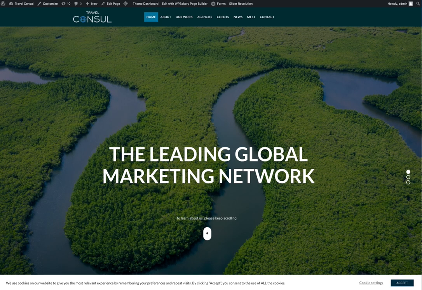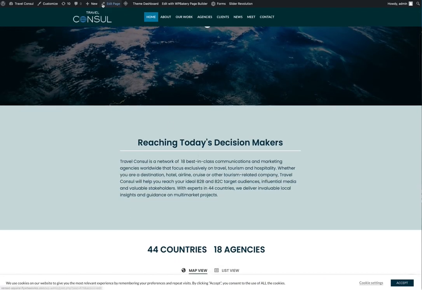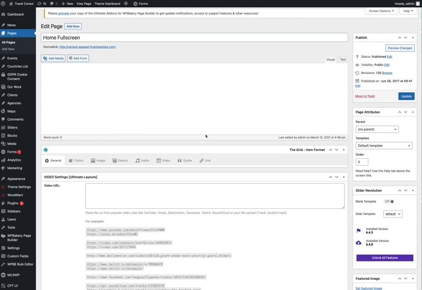Going to look at adding content and images to the website. Okay, so we'll have a little look on the home page here, and we'll perhaps just have a look at this text section here just to show some basics. So if we go to edit page from the top admin bar, and then once it loads up,